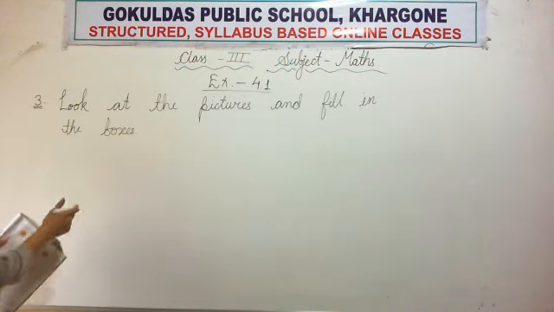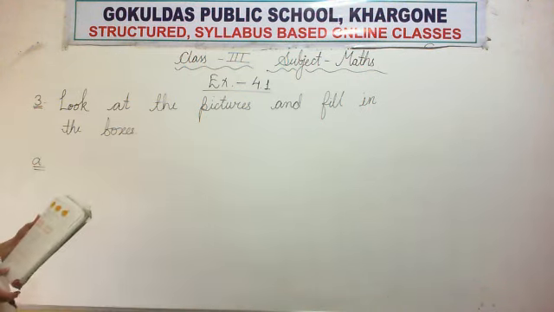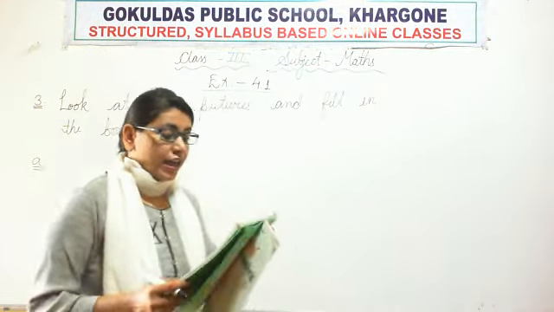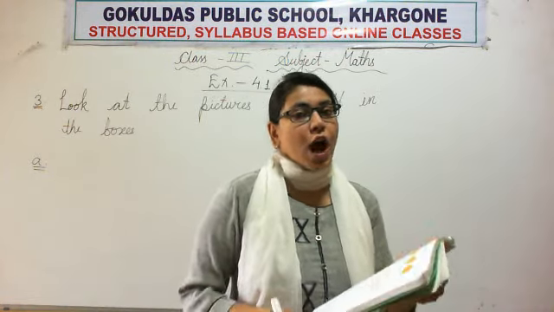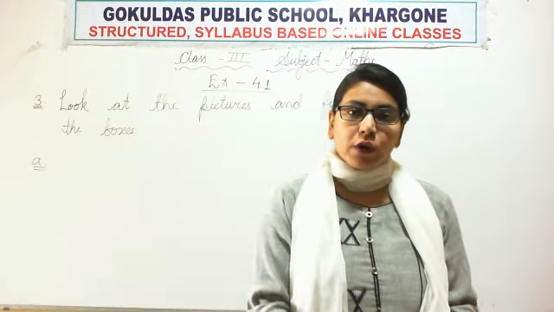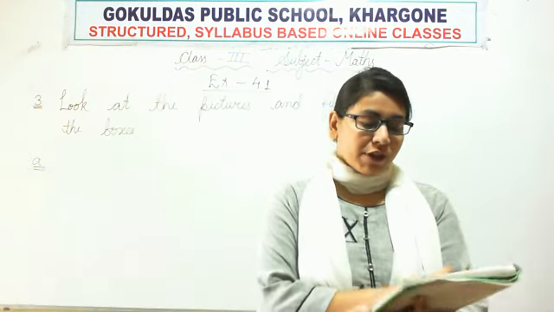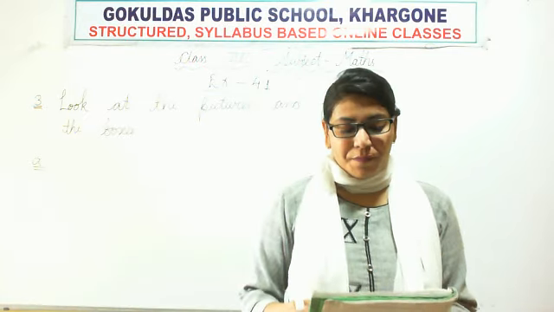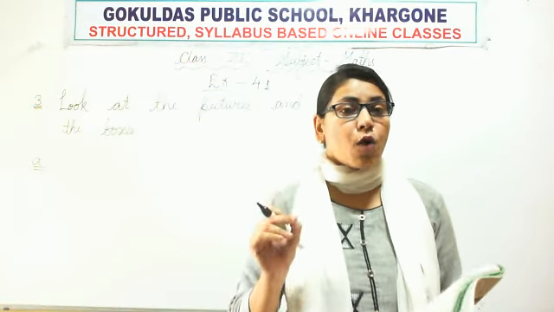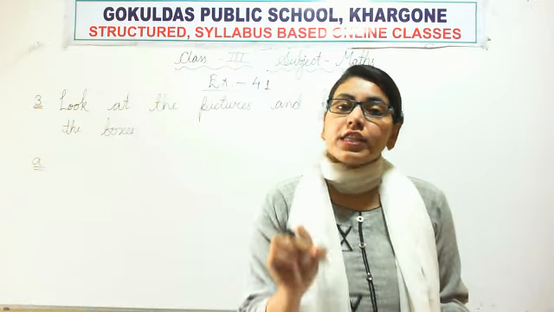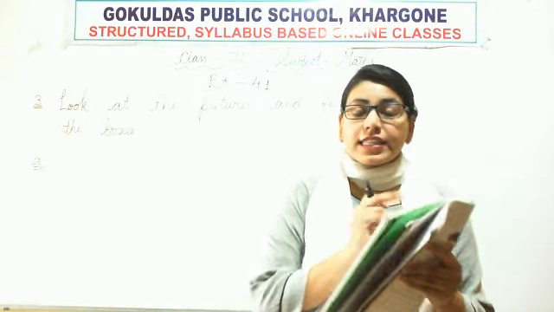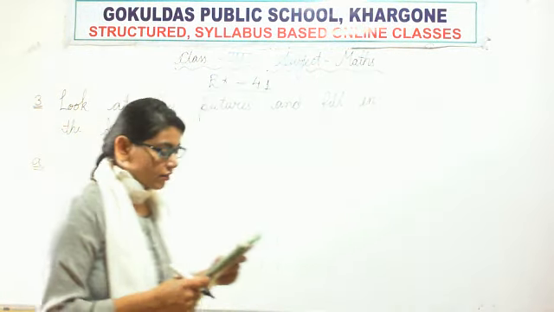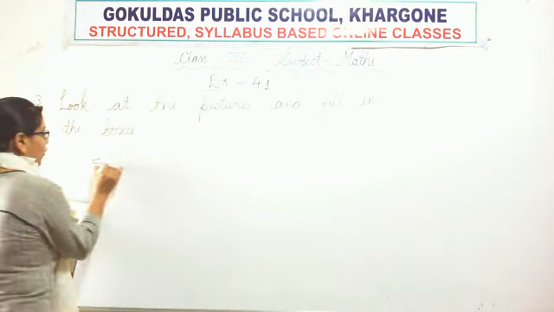Okay. So the first one, see, some groups of bananas are given there. And in each group, let's count how many bananas are there. All of you, look at your book. Question number 3, part A. Now let us count how many bananas are present in each group. See, there are 5 bananas in each group. All of you check in your book. Till then I am drawing.